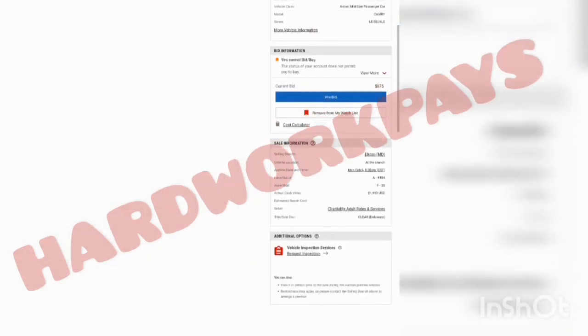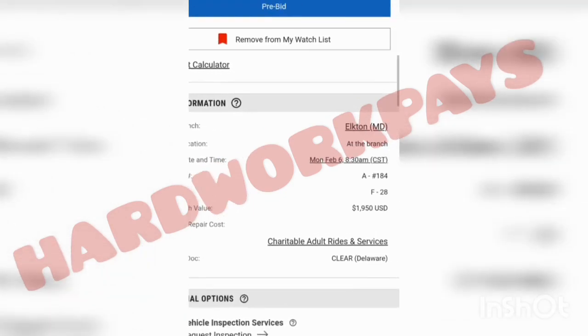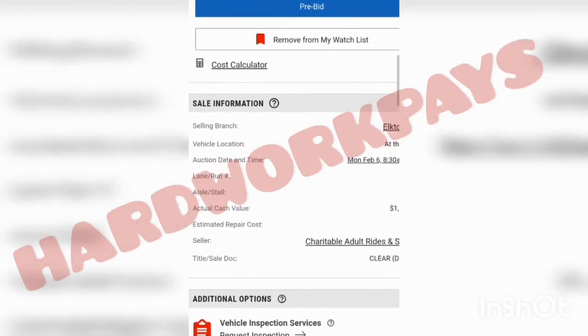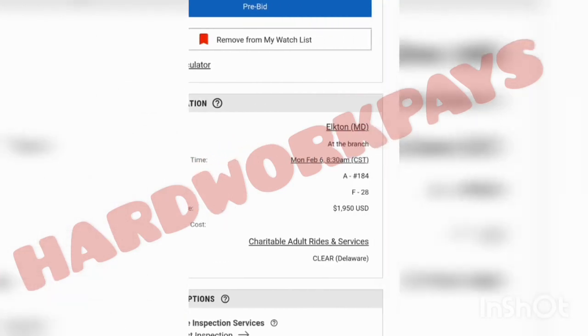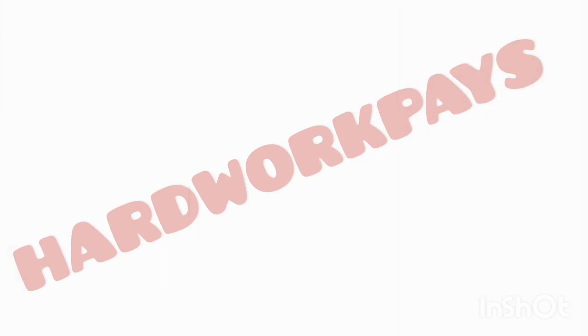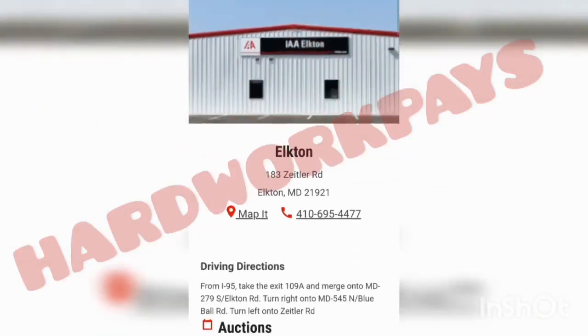Sorry, still there. See where the car is. Location of this vehicle: selling branch, Elton, Maryland. You select it, Elton, Maryland. So this